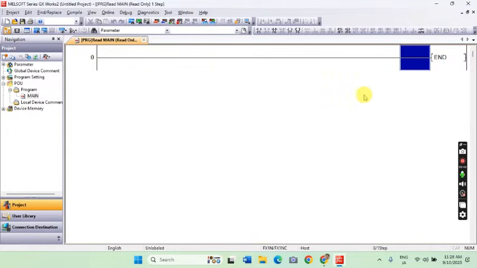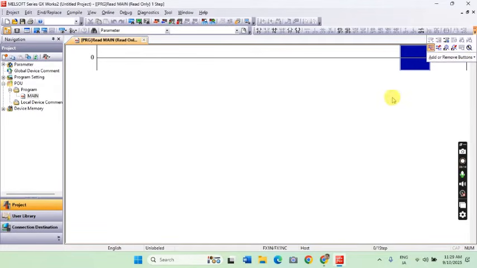So what is the reason for that? Because after we started the simulation and stopped it, we are in the read mode. In the read mode, you cannot edit or write a PLC program. In order to create a new program or update our program, we need to switch to write mode.